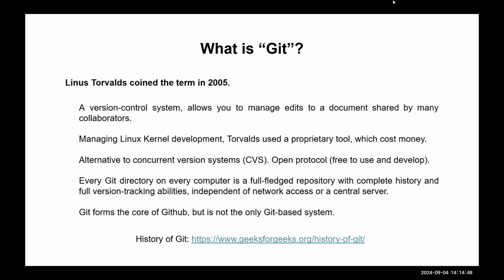So he wanted to manage development, but he didn't want to spend a lot of money he didn't have. At the time, people were using concurrent version systems, but this was not very well developed, at least as an easy-to-use tool. You could use it, but only in a very raw form. It was an open protocol, which means you had the system, but you had to develop tools for it. Not every project can develop tools for this.